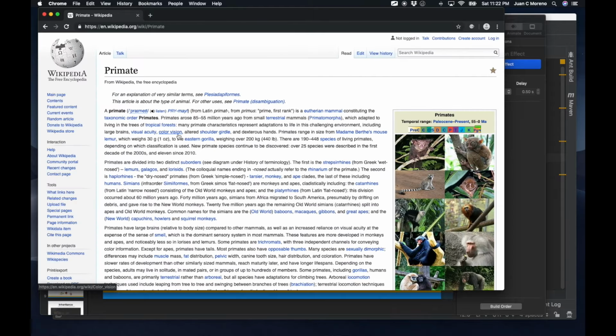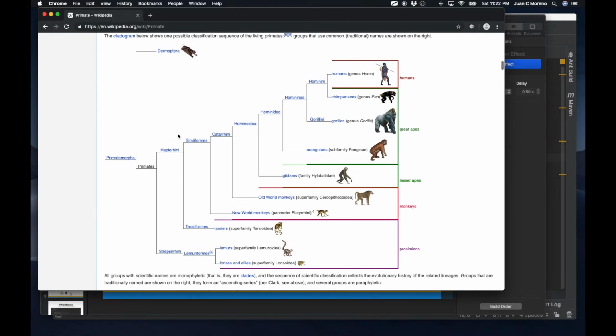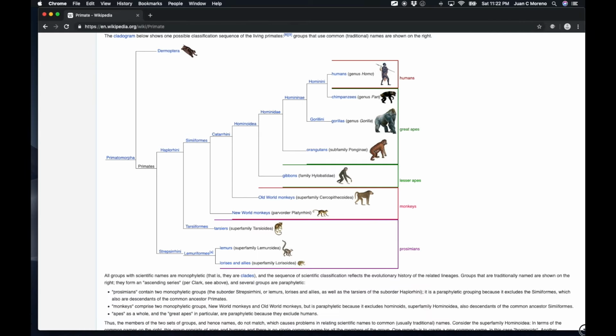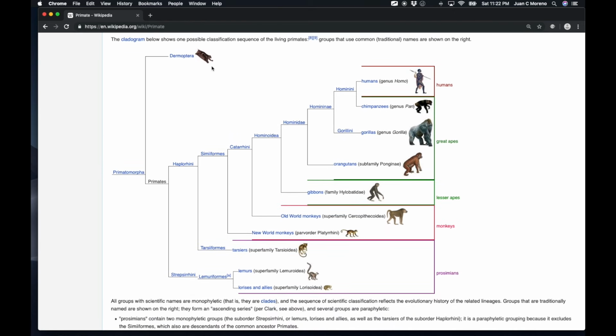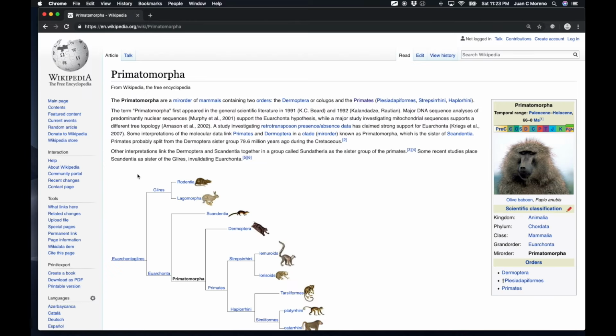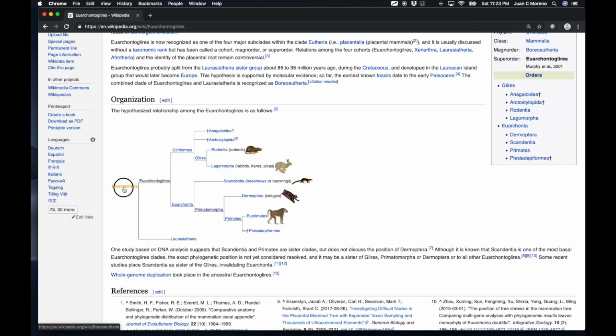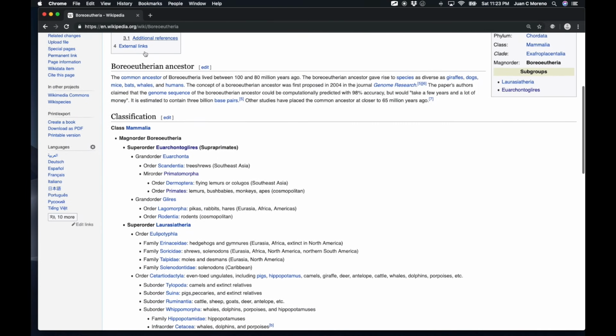If we go into the primate, you can see here that there's a very nice tree of hierarchy, and we can see very clearly how humans are related to gorillas or chimpanzees, and it's all about inheritance. So the class Hominini would have two subclasses called humans and chimpanzees, and so on, until we have all this genetic tree that we have until